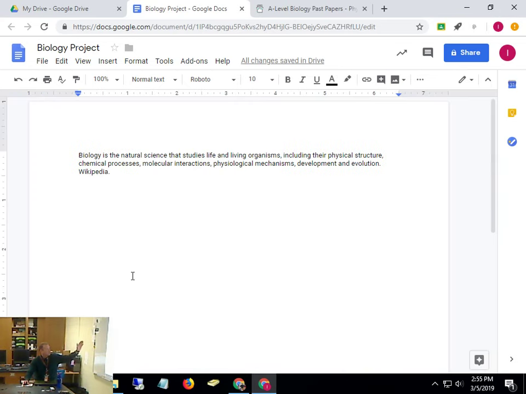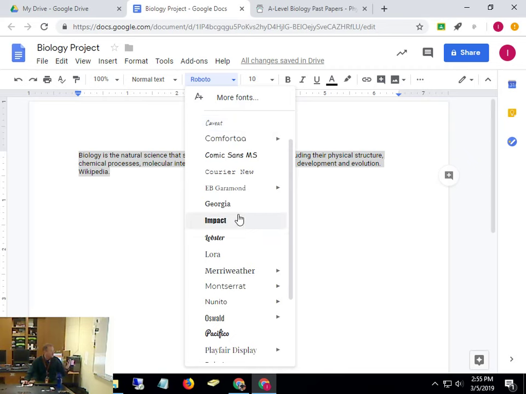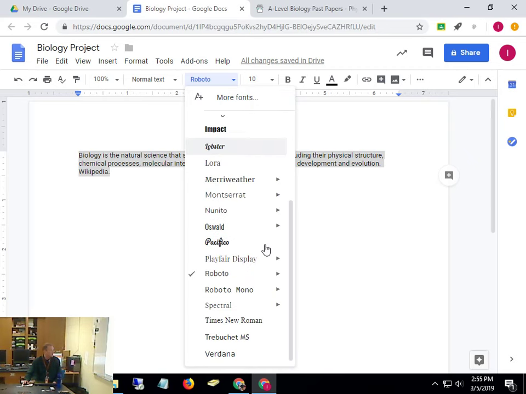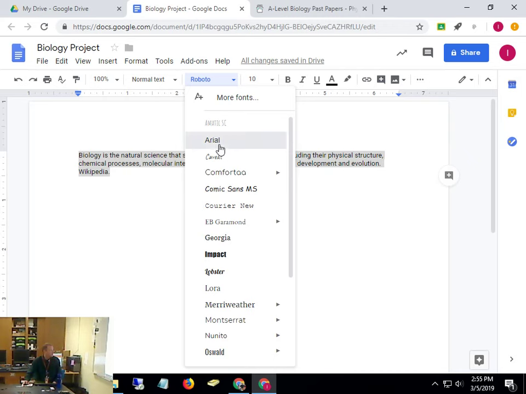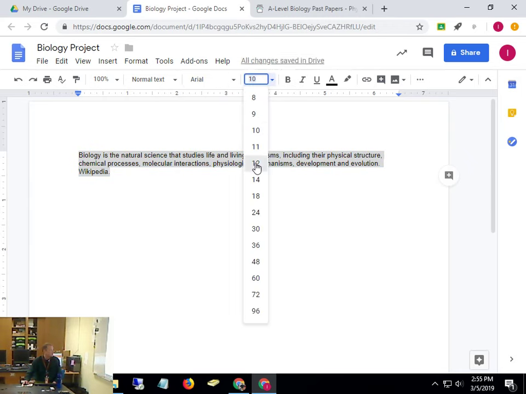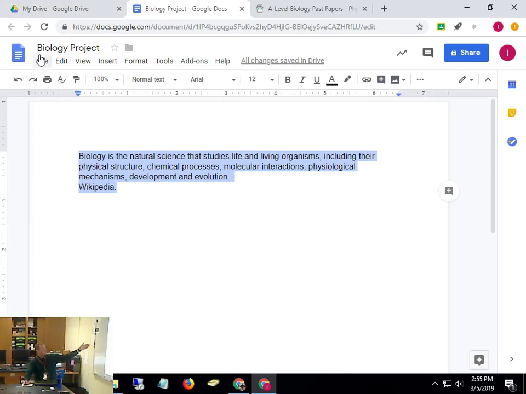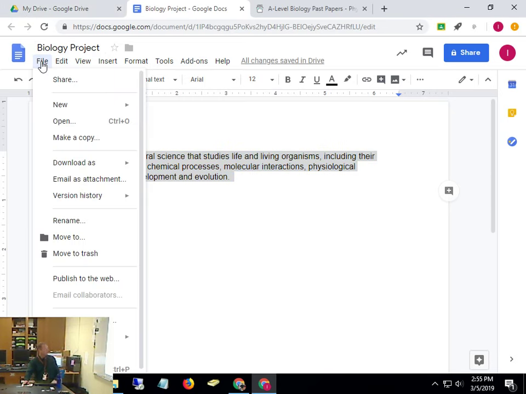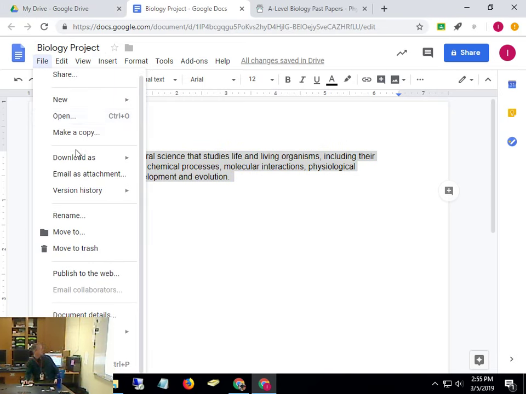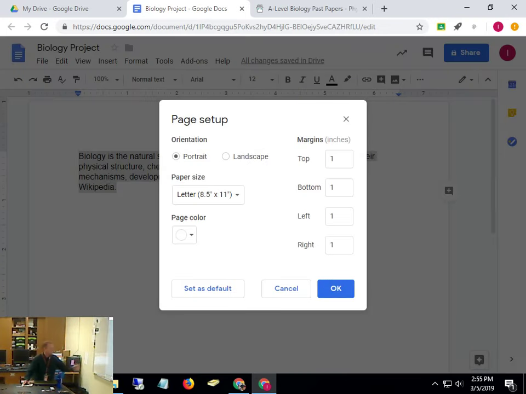Anyway, the formatting stuff is the easy part of Word. I don't think many people have any problems with this. It's just like on a Google Doc, it's just like Word. I can grab my text and change my font to fonts that I'm more used to. I can actually add fonts. I'm used to Arial, so I use that. I can change my font size. If I want to change the indentation around the page, I will go down to Page setup, second to the bottom, and that's where I can change my margins around the outside